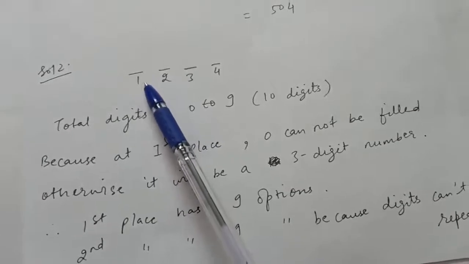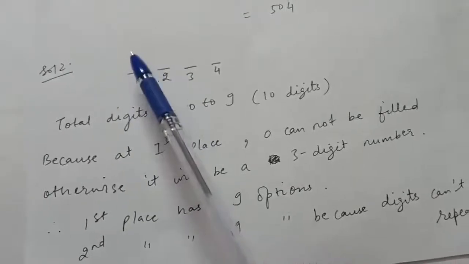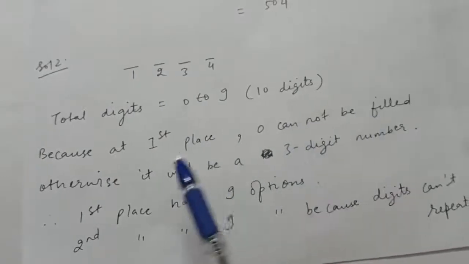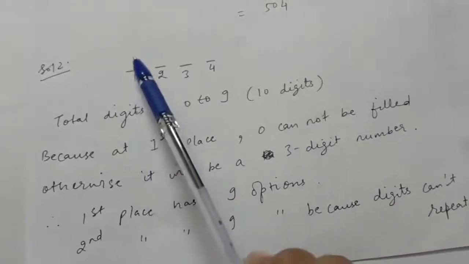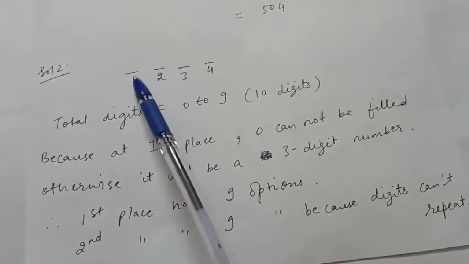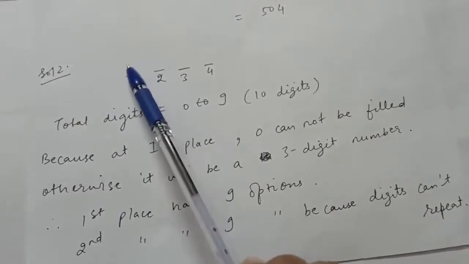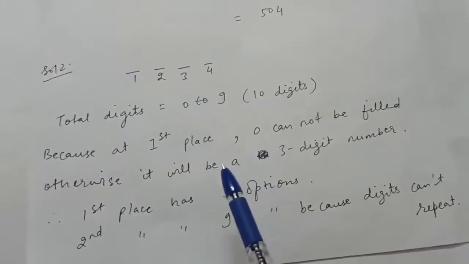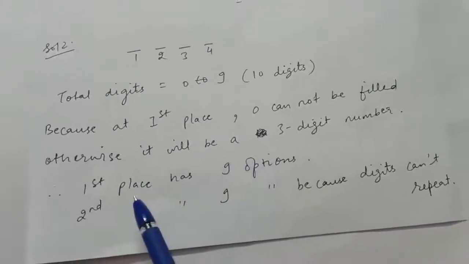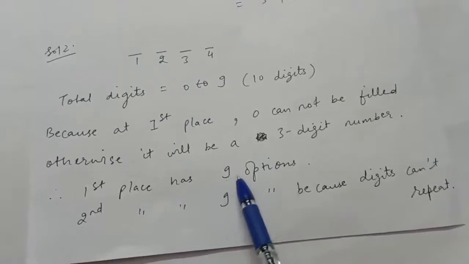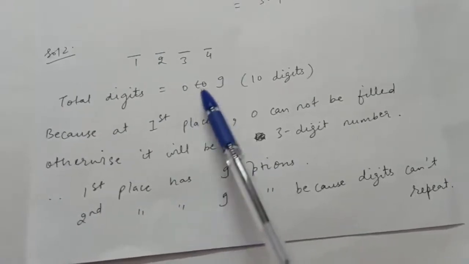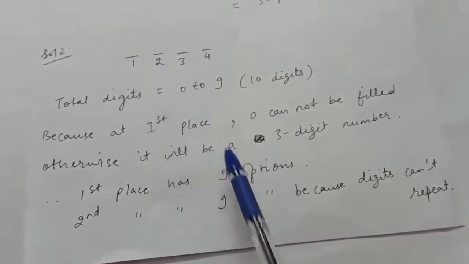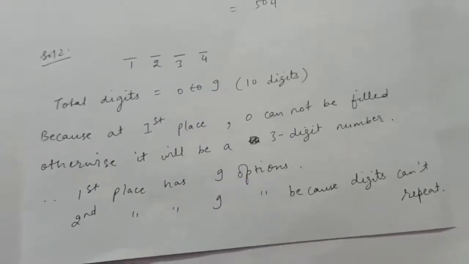Now in this question we will apply the fundamental principle of counting only. So see, this first place is the thousands place. At this place 0 cannot be filled. Why? Because if you fill 0 at this first place, then this will become a 3-digit number, but we want to make a 4-digit number. Therefore for the first place we have 9 options. From 0 to 9 we have 10 options, but because 0 cannot come here,